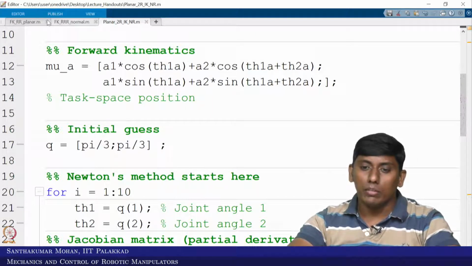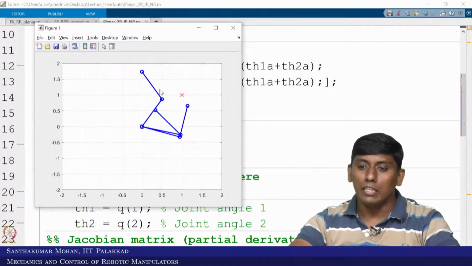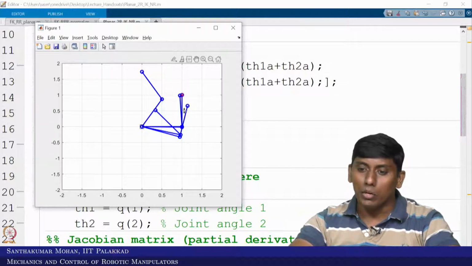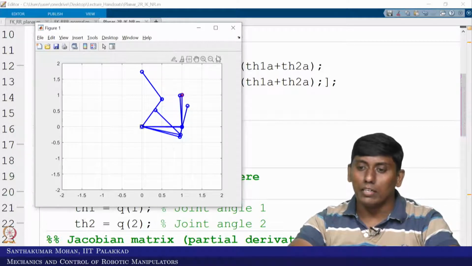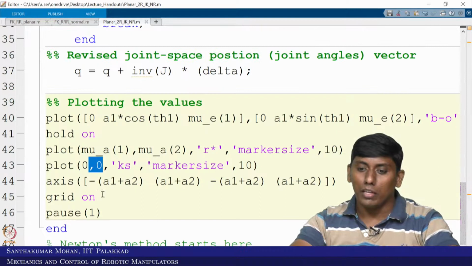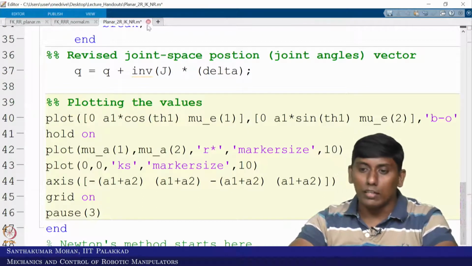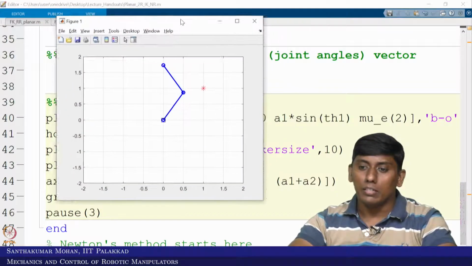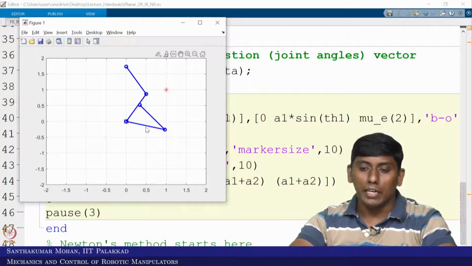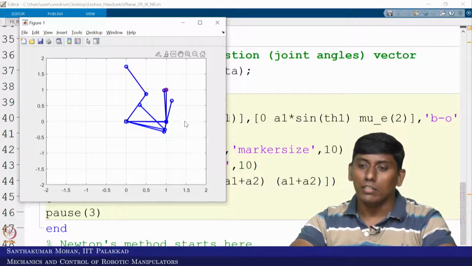Okay, so now if I run through this, you can see the output. This is the initial guess, it keeps going, and this is the final outcome, you can see it is coming, right? So it has gone through something and reached. I will keep the time a little higher so that I can show it. Okay, so now I put 3 seconds for a delay. You can see this is the first one, this is the second iteration. Okay, this is the third iteration and the fourth iteration, it is closer, and the fifth iteration has almost reached the relative tolerance which you have given.